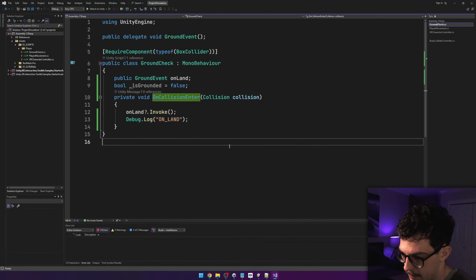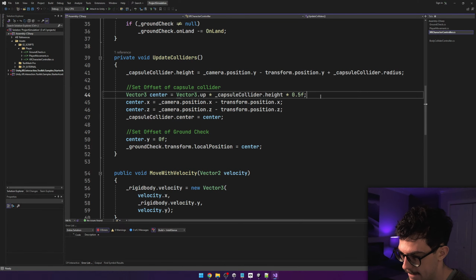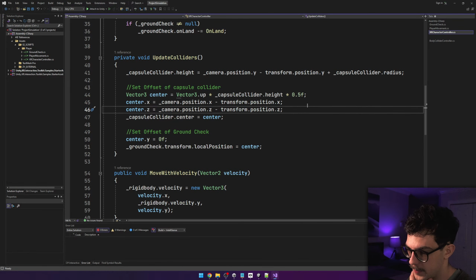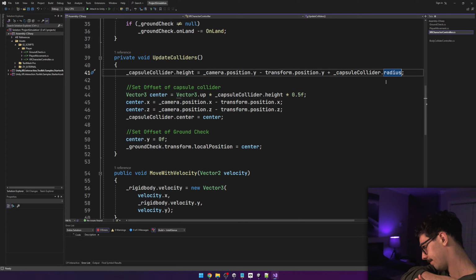Let me check my math here. Yeah, so the height, yeah, because we're adding the radius. So it's going to be